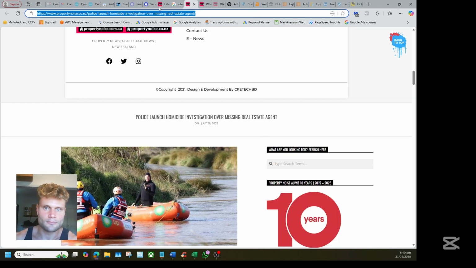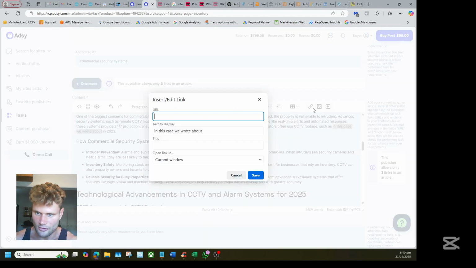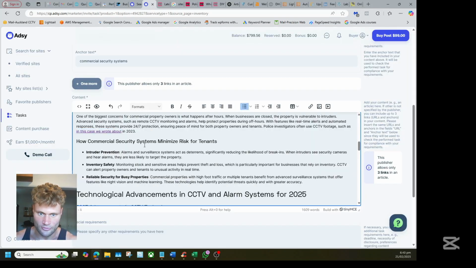And it's this one. Cool. Such as in this case we wrote about. That's going to be a link. Okay. So that's the first internal link, and again, we're using internal links to improve the article quality.